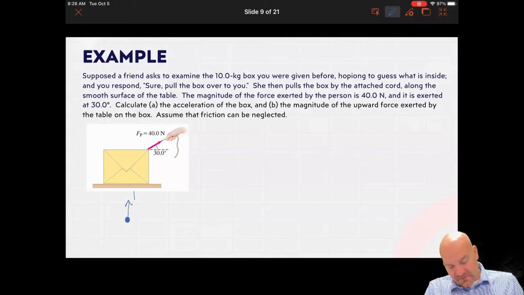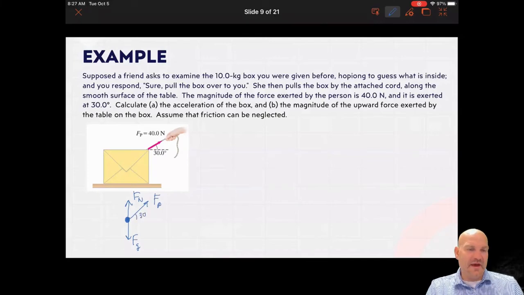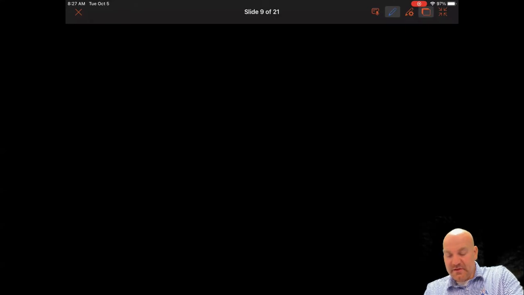So I have an upward force from the table. I have a downward force of gravity. But then I have this pulling force, which they call FP, right? That's at an angle of 30 degrees. And so we're going to have to take care of the angle by using some trig. But if this was the AP test, you don't want to put any extra forces on it, which means any extra components. So I wouldn't want to draw an FPX or FPY, but for the sake of this video,